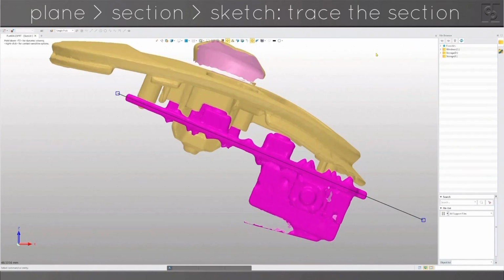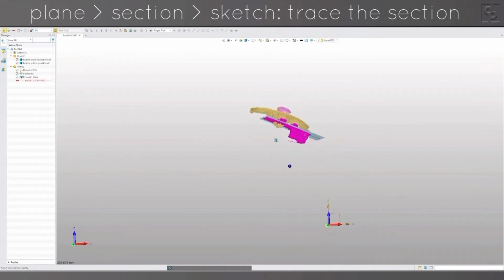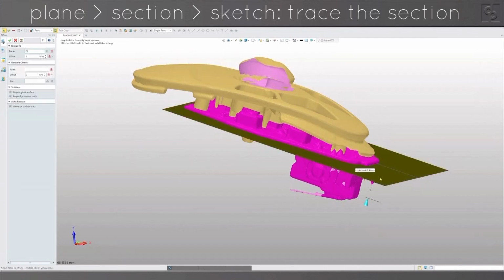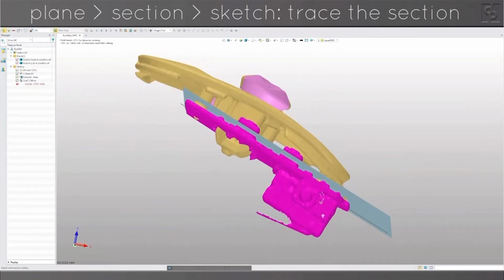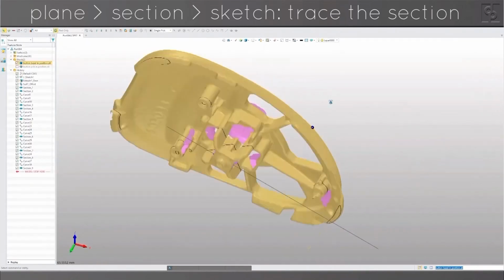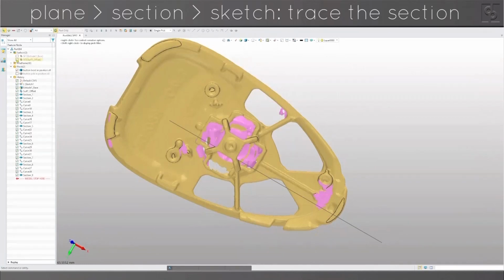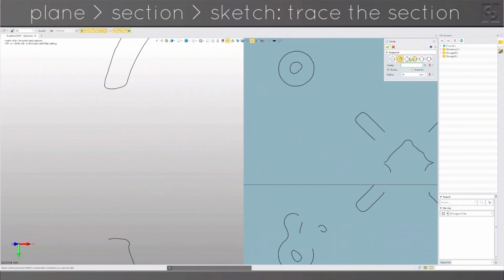So once again, I'm just eyeballing that with a true view to create a sketch which is aligned with the PCB. I'm going to make a plane through the sketch, offset from the plane, cut a section through the scan on the new plane, hide the scan,